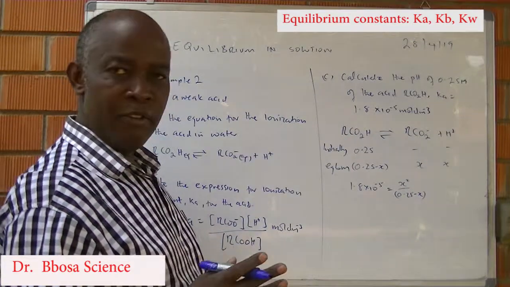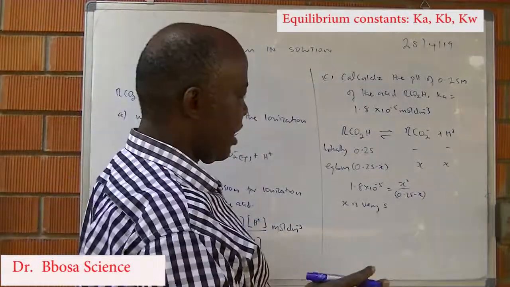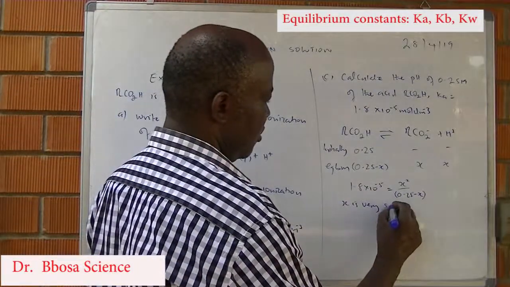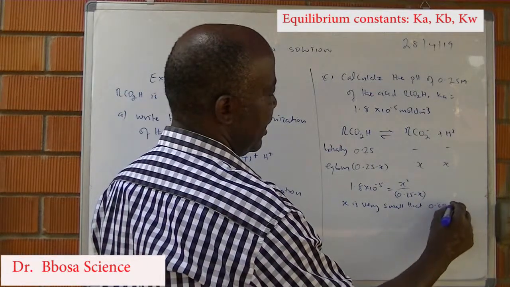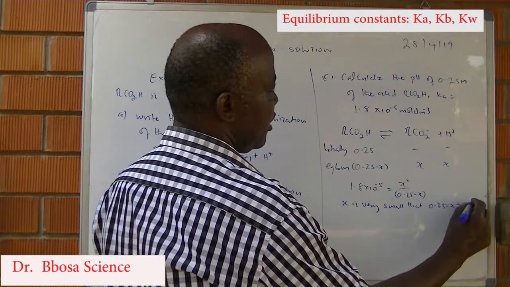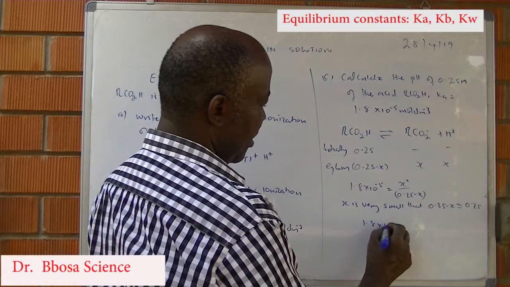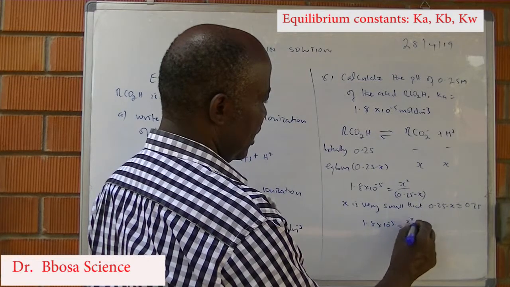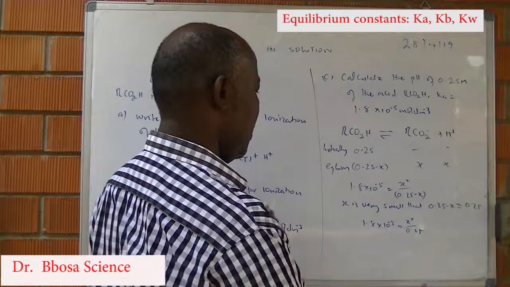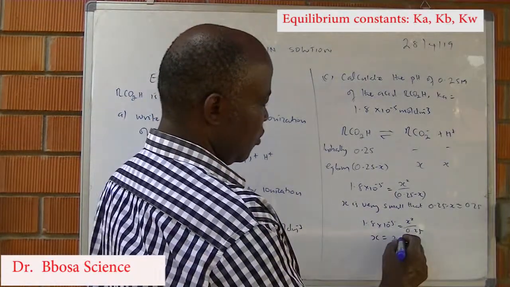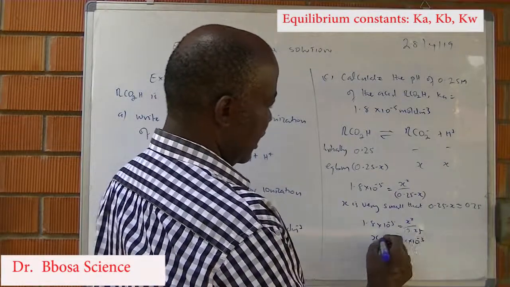We can use quadratic equation method to get the value of X, but we can also avoid the quadratic equation by assuming that X is very small, that 0.25 minus X is approximately equal to 0.25 moles. Thus, 1.8 times 10 to the power negative 5 will be equal to X squared over 0.25. X is equal to 2.12 times 10 to the power negative 3, and this X is the same as